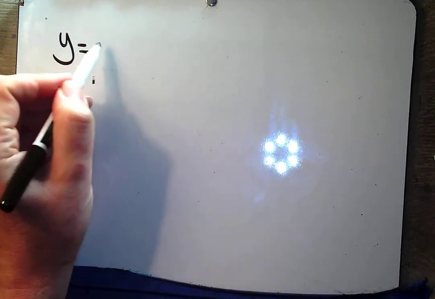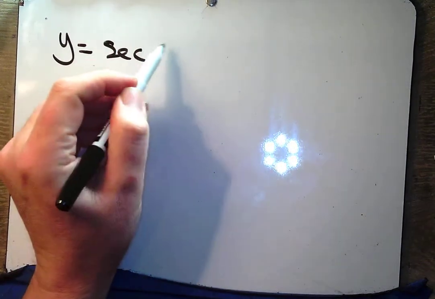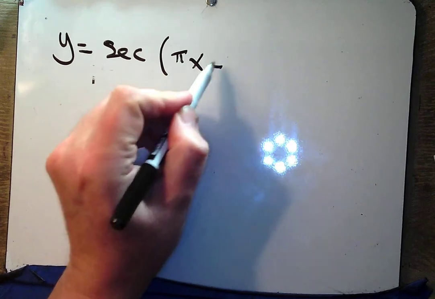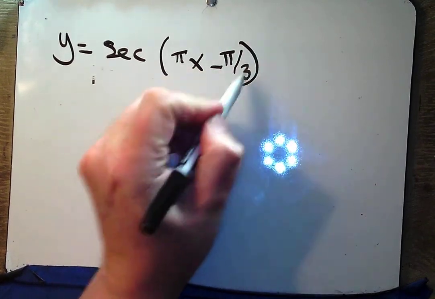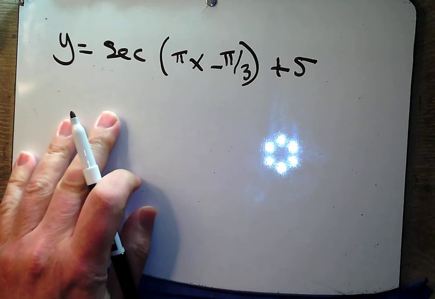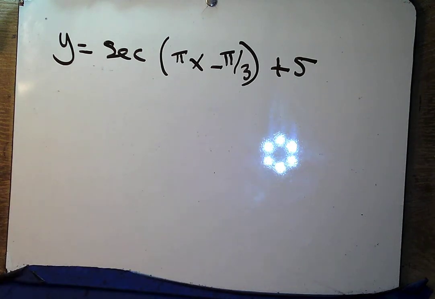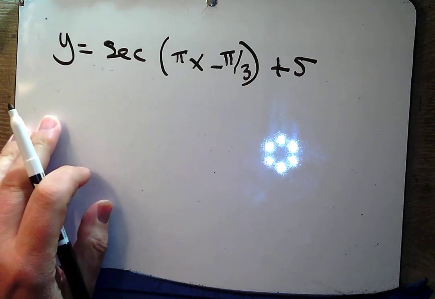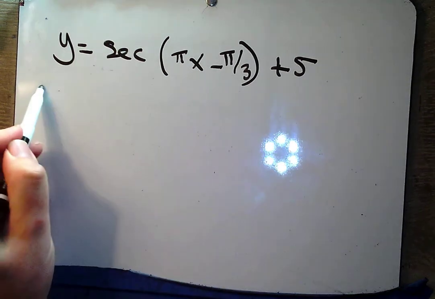Hey, so how about graphing this? Y equals secant pi x minus pi over 3 plus 5. Well, I've seen over the years a number of different ways to graph this function, and most of them suck. But one that I like, that I think you might like too, is step 1,